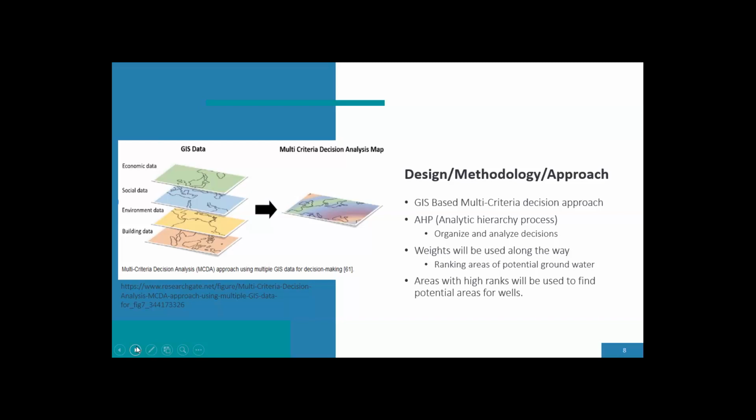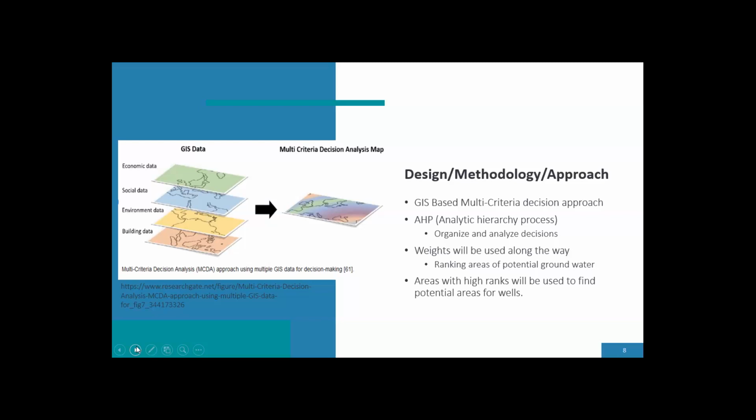I will have several criteria for my analysis, such as drainage density, slope, lineament density, land use, land cover, soil, geology, and rainfall. This type of method aids in the decision-making process, such as where the areas of groundwater are most likely to be. Each of the criteria will be created through a rasterized map with a scale of 1 to 5,